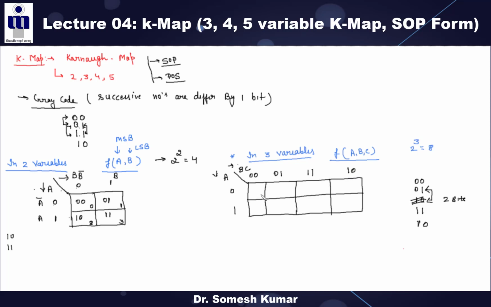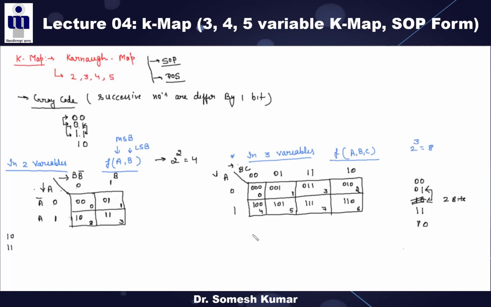So what is the number of this cell? 0. What is the number of this cell? See, this is 0 0 0. This is 0 0 1. So the number of this cell is 1. What is the number of this cell? Now tell me. 3, right? Now what is the number of this cell? 2, right? So numbering should be like that: 0 1 2 3, right? So similarly this is 4, like 1 0 0. This is 1 0 1, 5, and this is 1 1 0. This is 6, and this is 7, right? So this is the way of numbering, right?